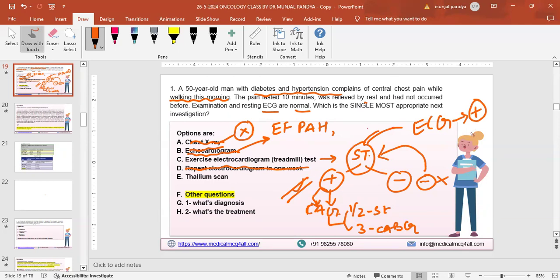Now tell me, if the patient cannot perform the stress test, Dr. Iram? Yes, sir. If the patient cannot perform, this patient is 50 but has severe osteoarthritis, severe breathlessness, is a known case of COPD, right? The patient is paralytic, a bedridden patient with hemiplegia, he cannot run on the belt. What will you do? In that case, you do the thallium scan. Is that clear?